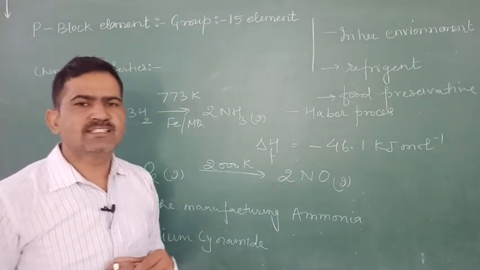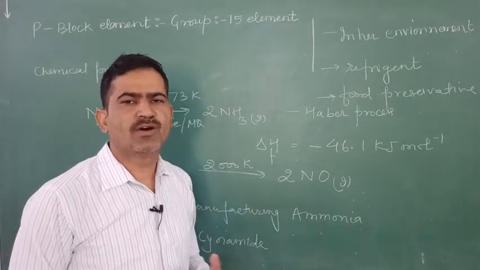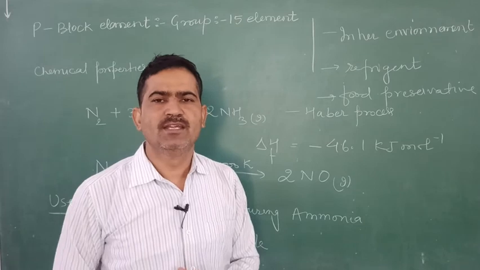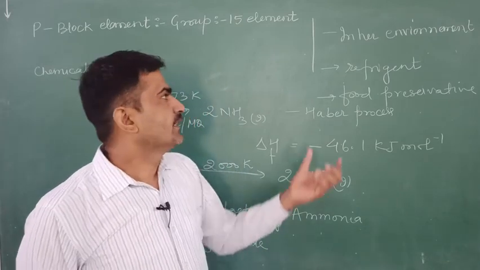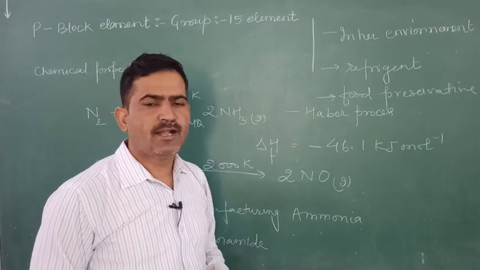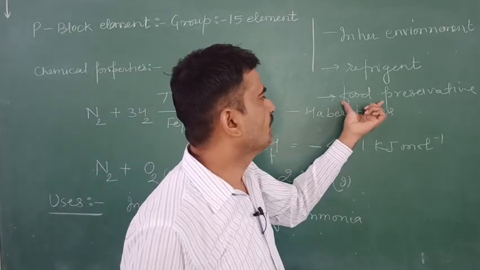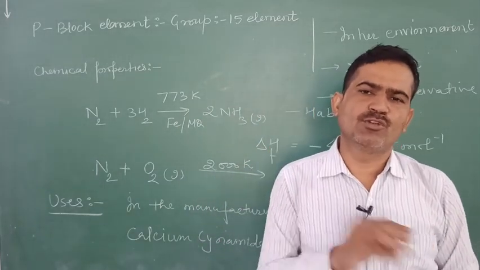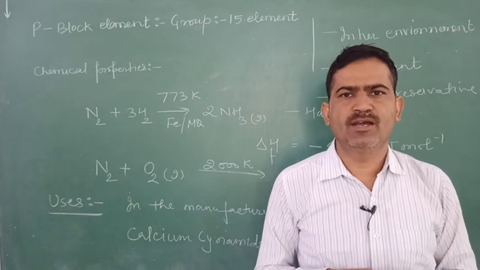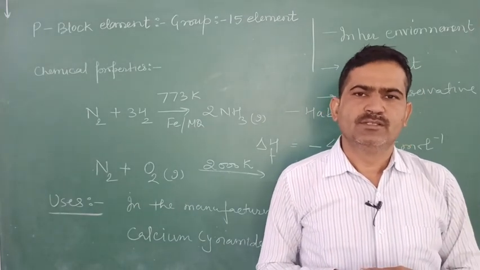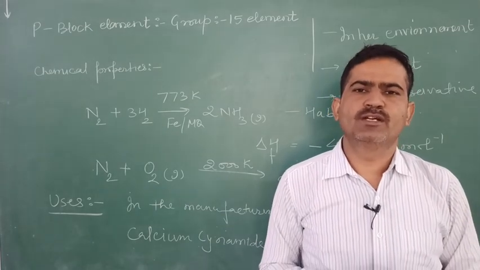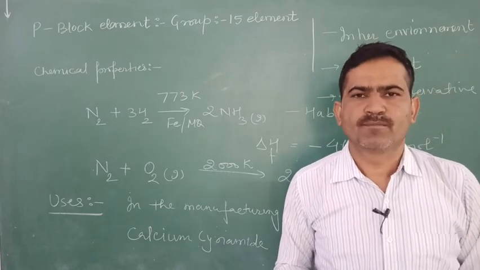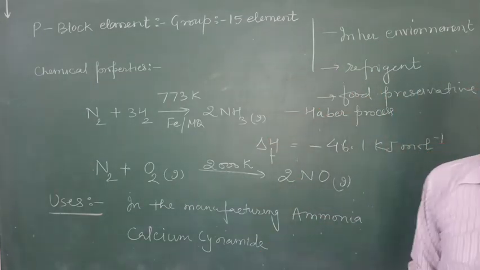Nitrogen is also used as an inert environment for a number of industrial processes. As you know, nitrogen has a triple bond and is very less reactive, that's why it gives an inert environment. Nitrogen is also used in food preservation. You know, in packets of chips, like Kurkure, nitrogen gas is placed because it is very less reactive, and it avoids food contamination and spoilage of the food. These are the various uses of nitrogen gas.